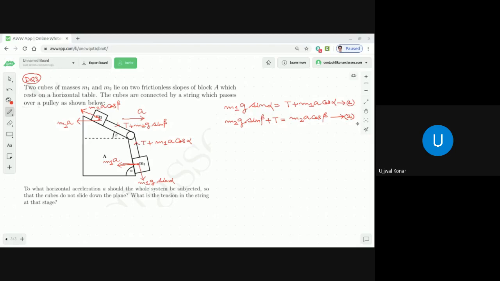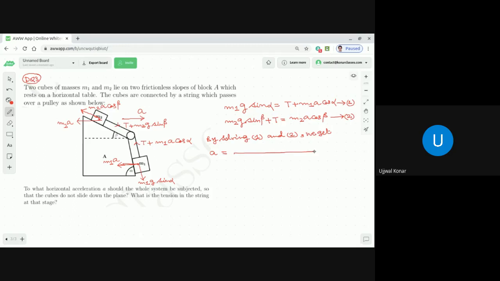Now we have two unknowns. The first unknown is lowercase a, the acceleration, and the second unknown is capital T, the tension. We have two unknowns and two equations. It is a linear equation. Sir, I got it, sir. Yes, exactly. Now I'm just writing it down. By solving equations 1 and 2, we get a equal to